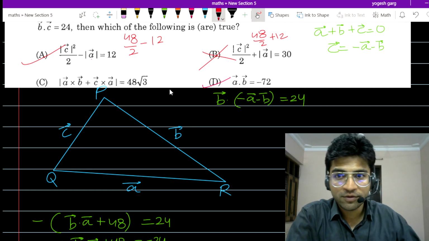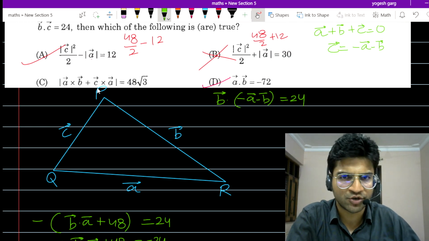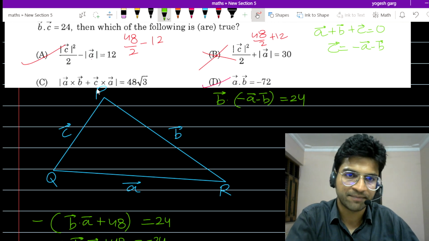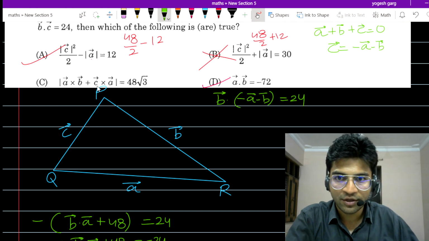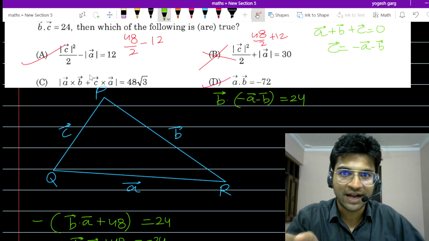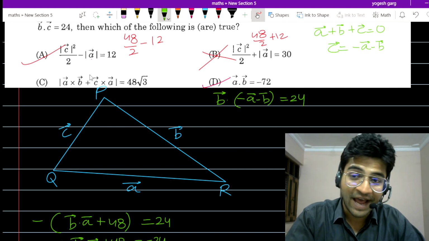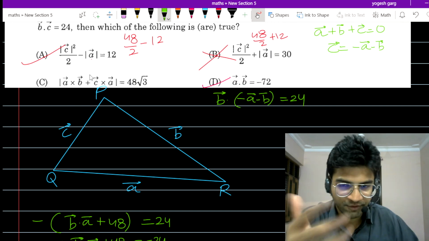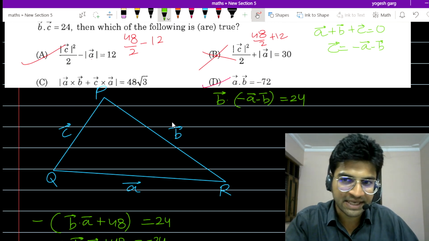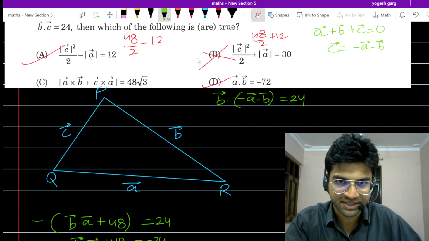See what we can do. We know C vector is equal to minus A vector minus B vector. Just replace it over here, you will see the point which I am raising. Just replace minus A minus B over here. Though we have A dot B, and we have mod A, mod B, we will use that concept in particular option C. I will just explain it. If you replace C by minus A minus B, this C expression will be equal to